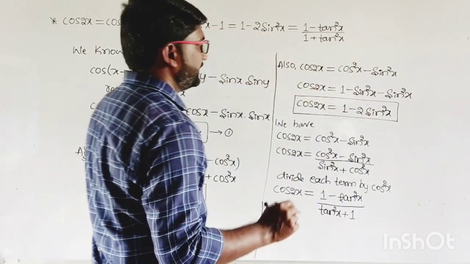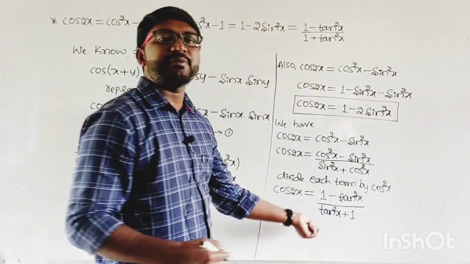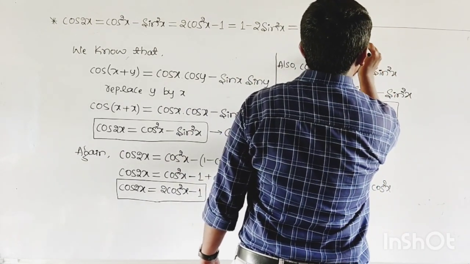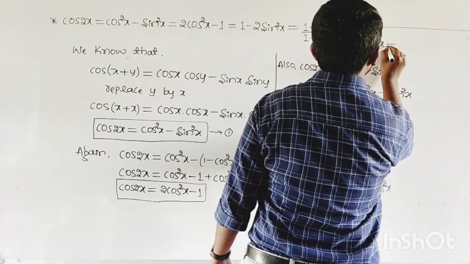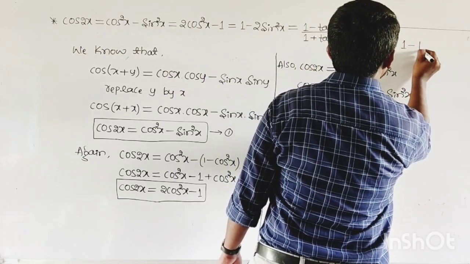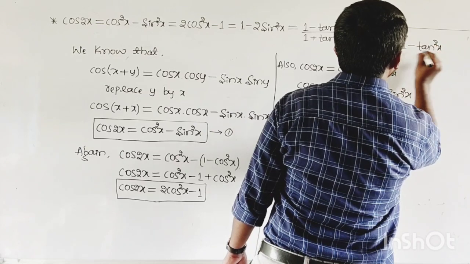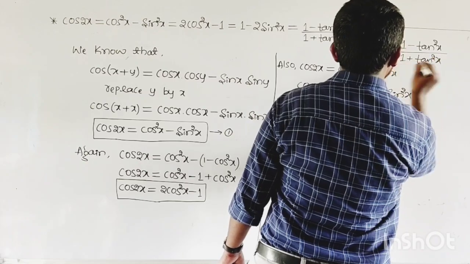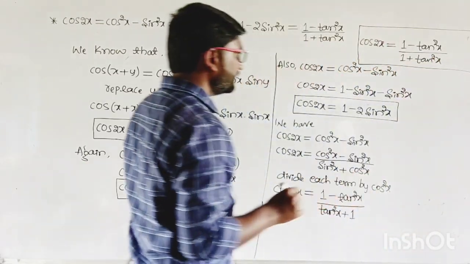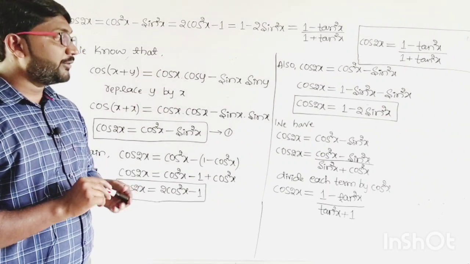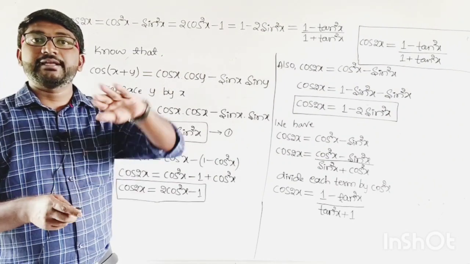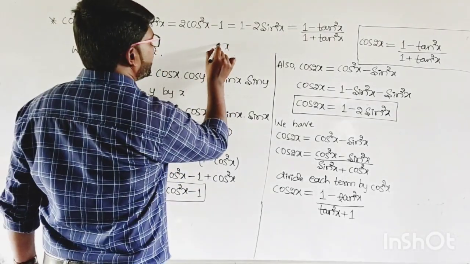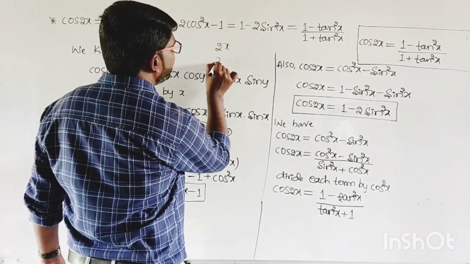So here this tan square x plus 1 or 1 plus tan square x, both are same. So I'll be writing that here. So now cos 2x, which is equals to 1 minus tan square x divided by 1 plus tan square x. So here we have proved all the 4 results. So now onwards, cos 2x or double angle. Single angle means it is x. Here we have the double angle, it has to be 2x. Triple angle means it has to be 3x.